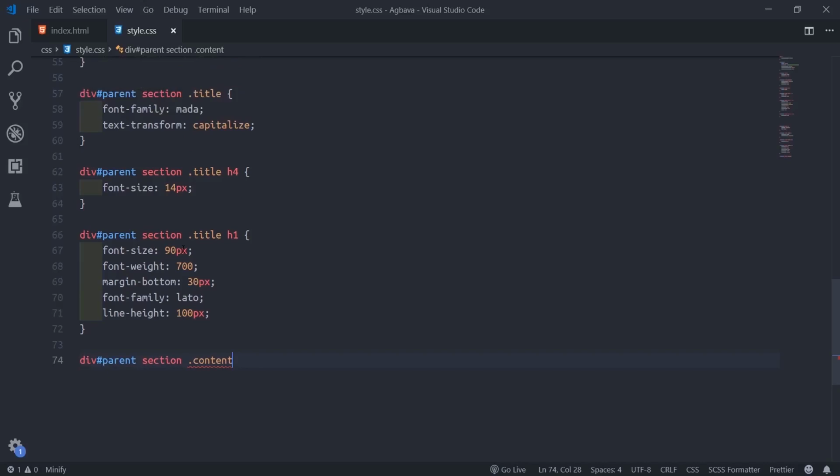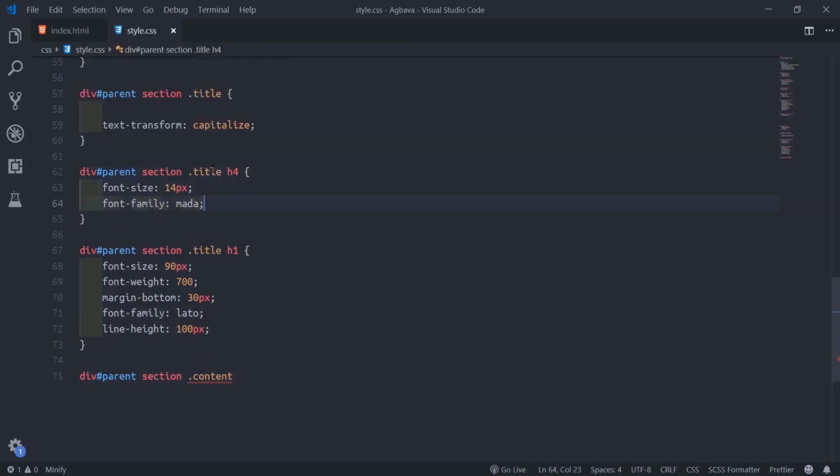And mind you, since we made this font family Lato, no need to put it here, we'll just come inside the H4 here.